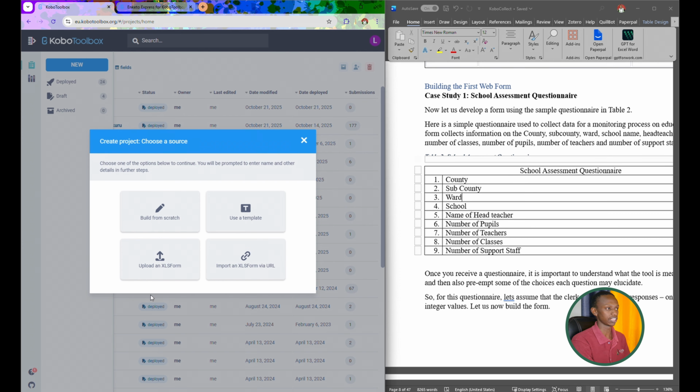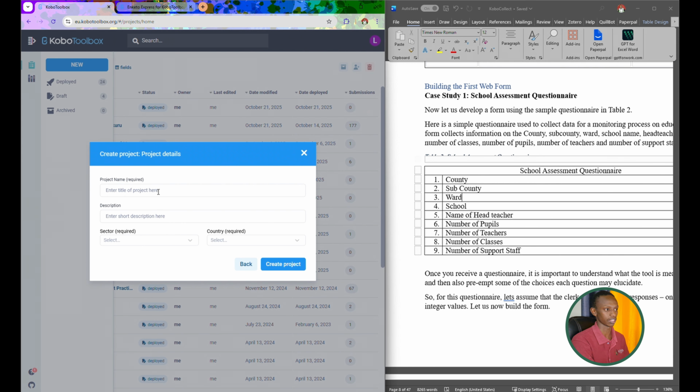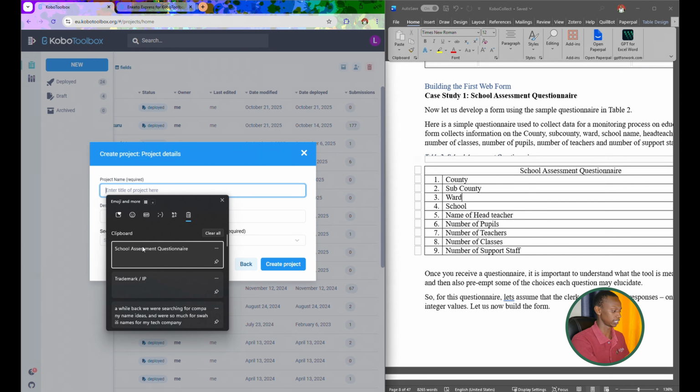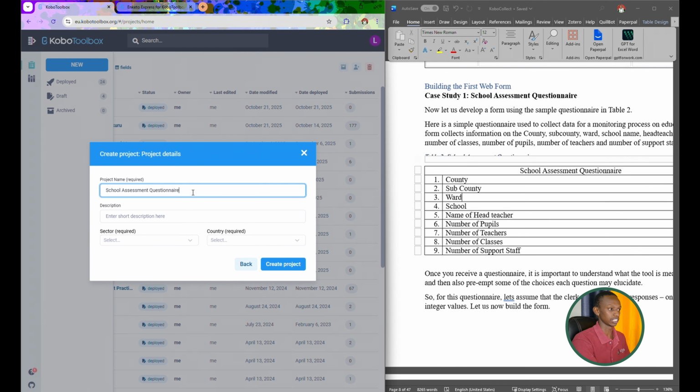And clicking on the new button, you get this dialog box, and there are several ways of choosing or developing a project. But for today, we are going to use build from scratch. So let's focus on this, but later we'll discuss all of these other options. So when you click on the new project, there are items that are required. The first one is the project name. So I'll go ahead and paste the project name that is in my memory here,